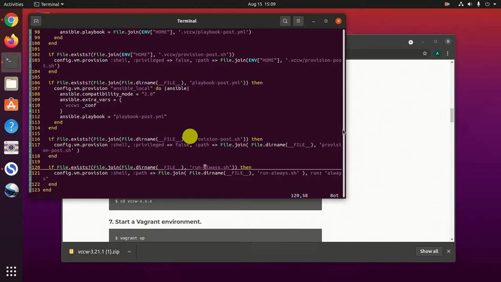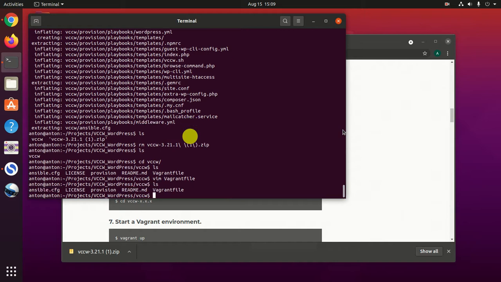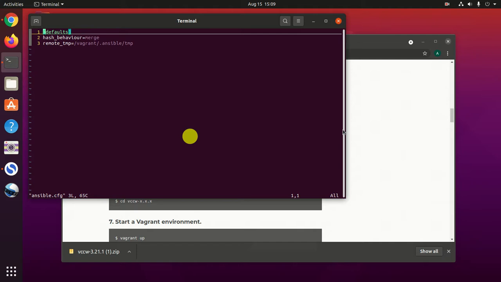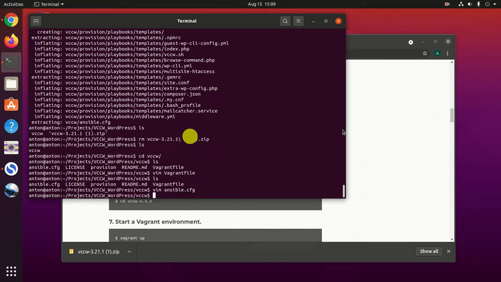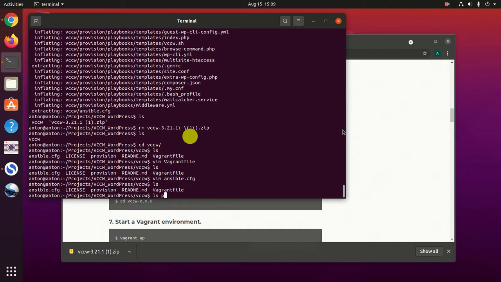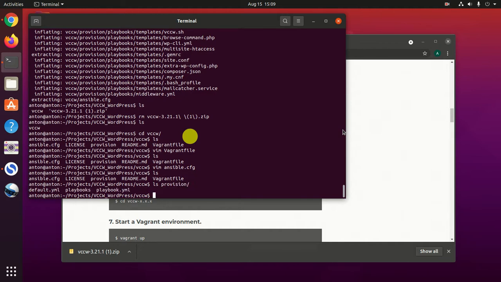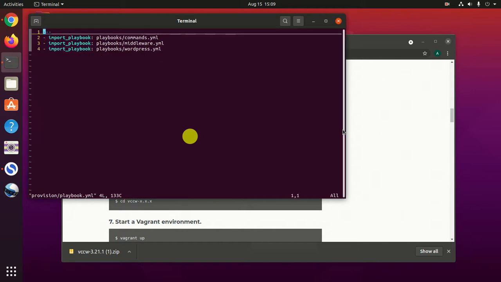So, okay, and then if we look in, there's Ansible. So here's their Ansible configuration file. And this just sets some behavior for Ansible, which, like I said, is used to get software up and running. And we can see in the provisions folder that we've got some YAML files, mostly for Ansible. If we look at the playbook one, it's Ansible, but it's loading some other YAML files that Ansible will use. So if we were to go look at those files,